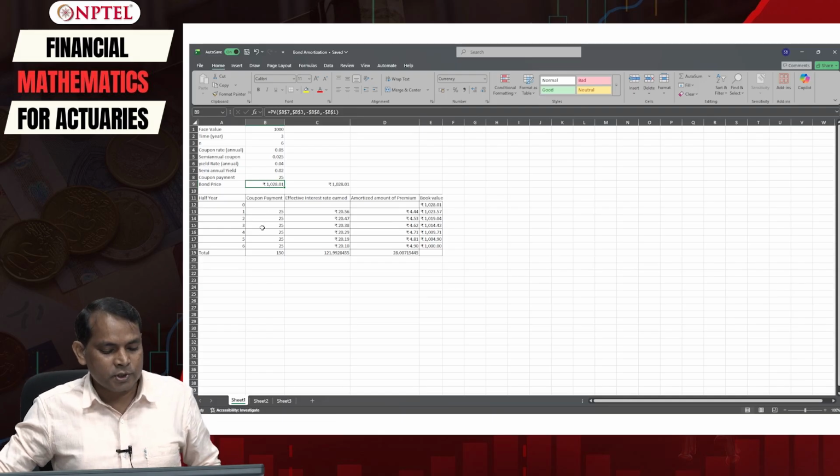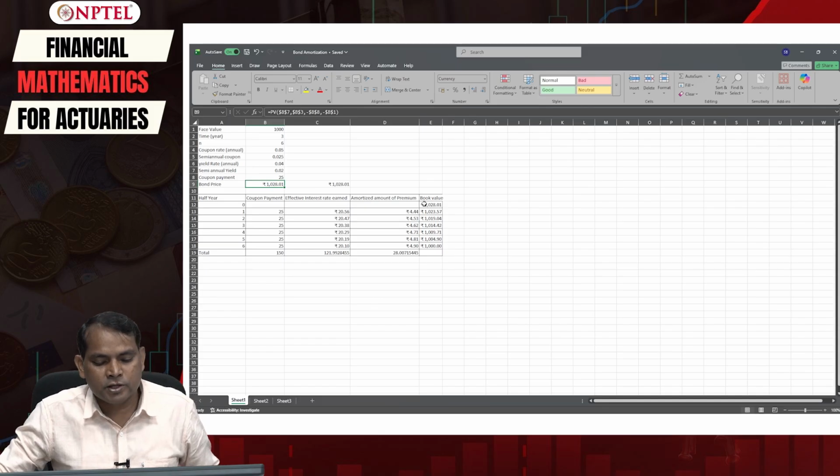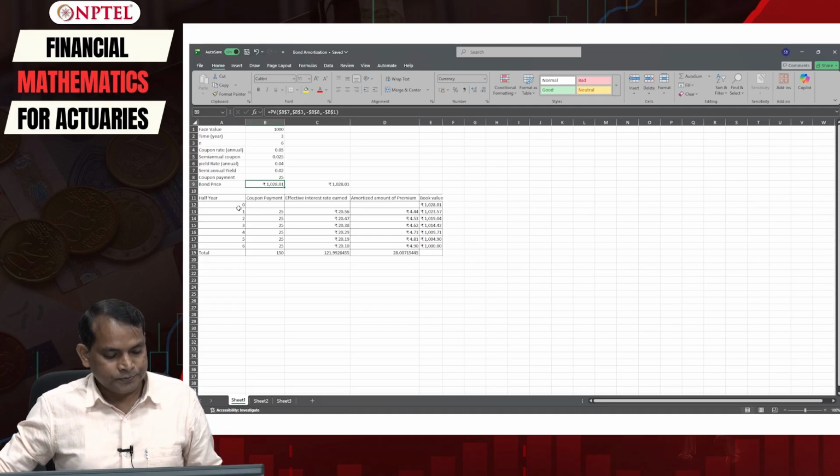Now to compute the bond amortization schedule, take this bond price value here and rewrite it. Your coupon interest is calculated half yearly, and therefore this is the coupon payment. Then type effective interest rate you have earned, amortized amount of premium, and book value.